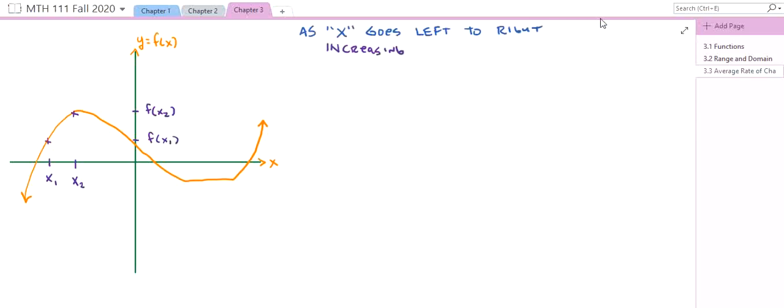So notice that as x goes left to right, and we have to keep that in mind, because if we reverse the directions, these relationships will get reversed. But as x goes left to right, if the function is increasing, f of x1 is less than f of x2. Conversely,